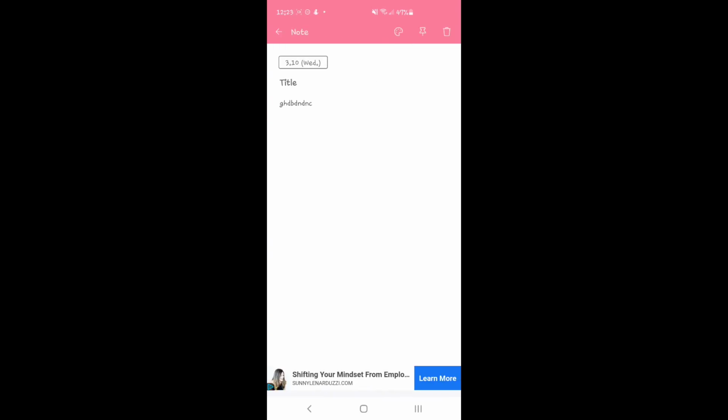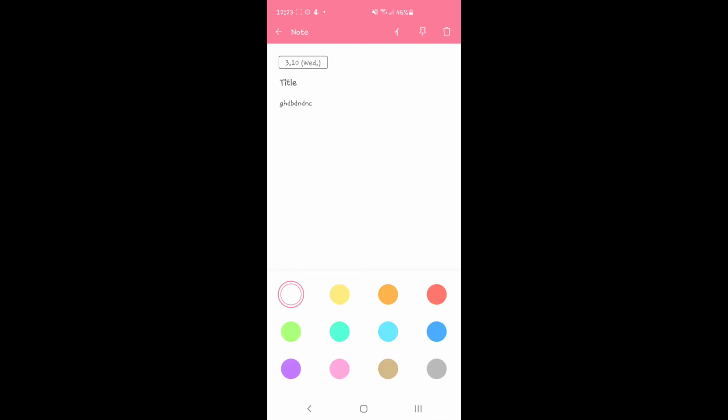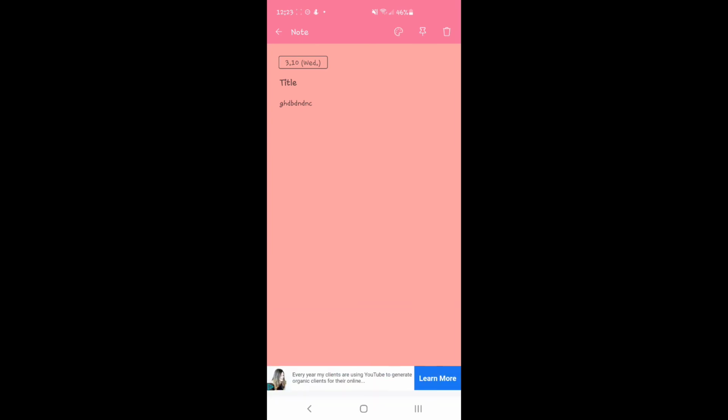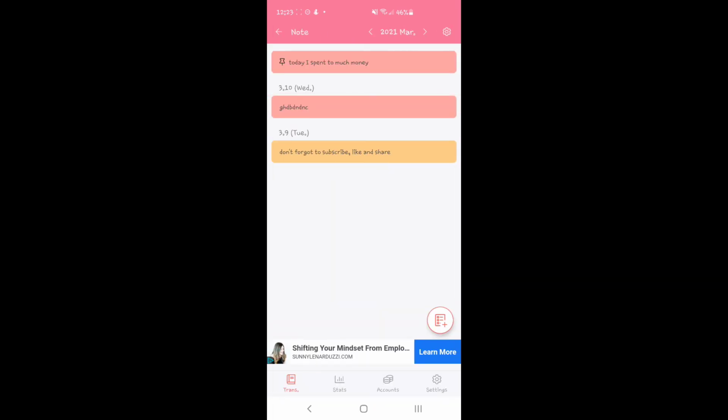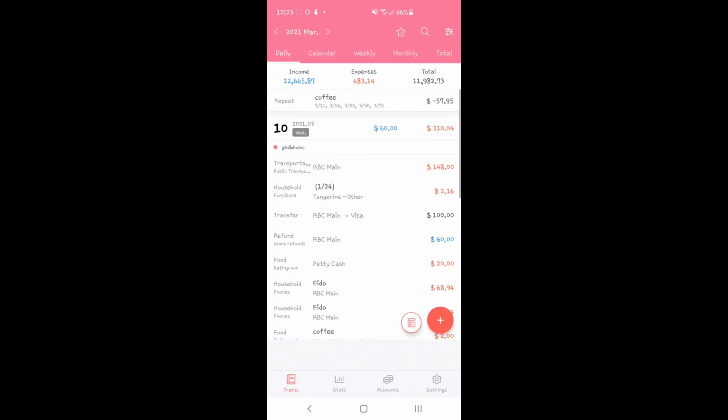You could actually choose the color from right up here, and you want to put this color. That's cool. You press back, and then the note stays that color right over there. So that's if you want to add notes, and then the note will actually show up right here on the date. So that's pretty cool. So that really would wrap up what we'd have for entering invoices. For entering expenses, sorry,